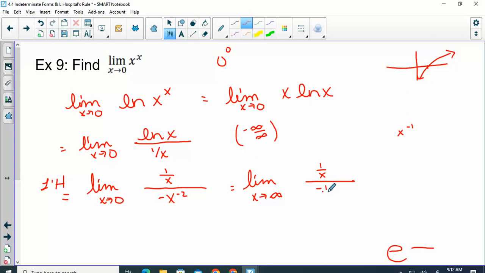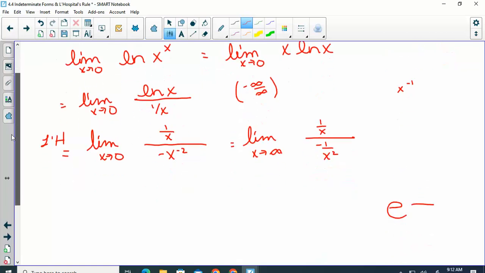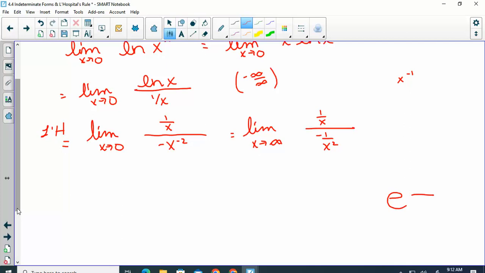So that's like a negative 1 over x squared. Can we clean that up at all? Yeah, if we're dividing two fractions, that's the same as multiplying by the reciprocal. So that's like 1 over x times negative x squared over 1. Which just turns into